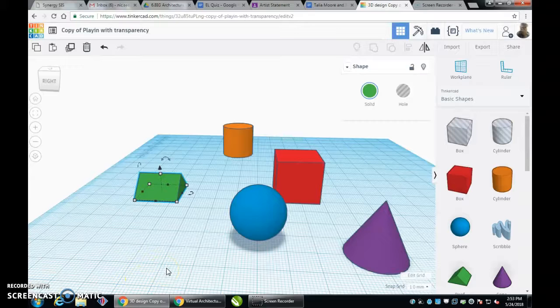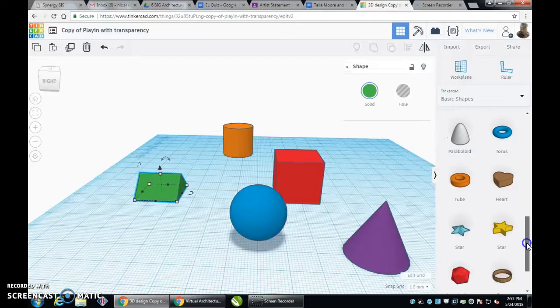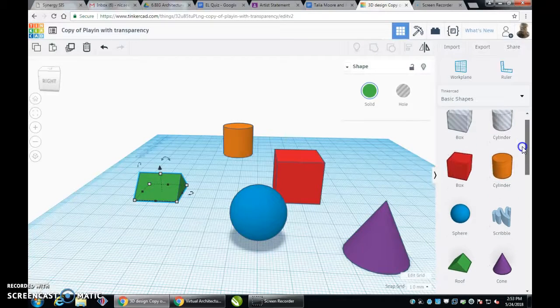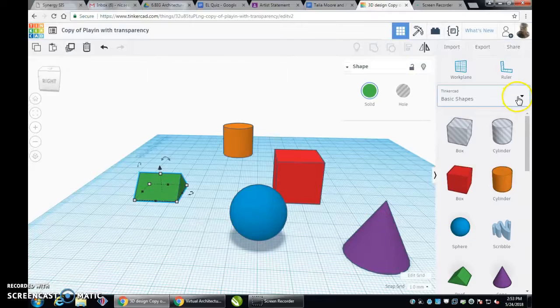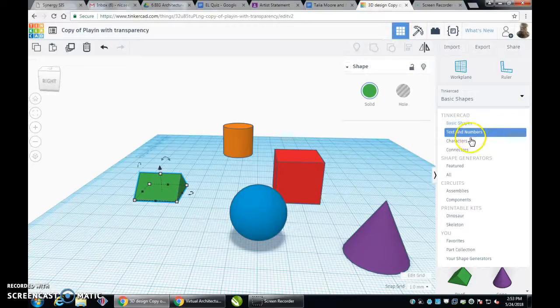So we've talked about the basic features, copy, paste, duplicate, how to group, ungroup, align, and how to look through and find some tools in this basic shape menu. What I'm going to show you is some more advanced steps that allow you to find some more detailed pre-created